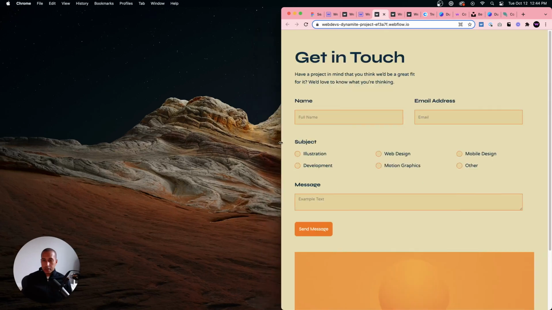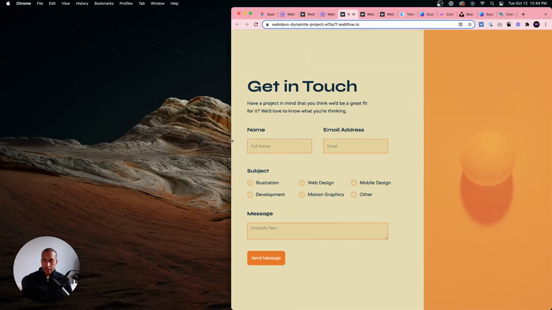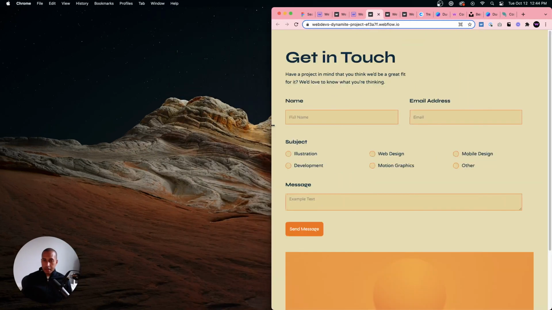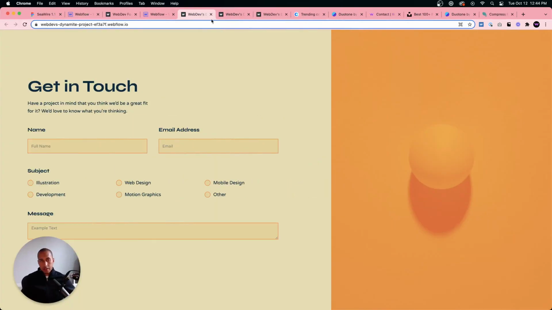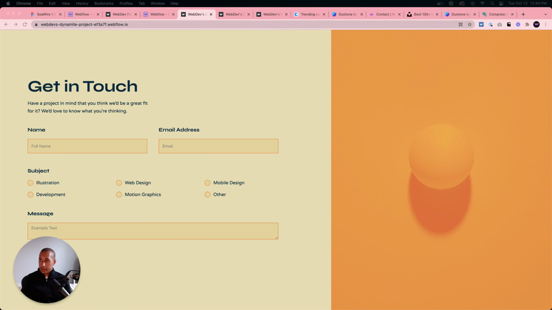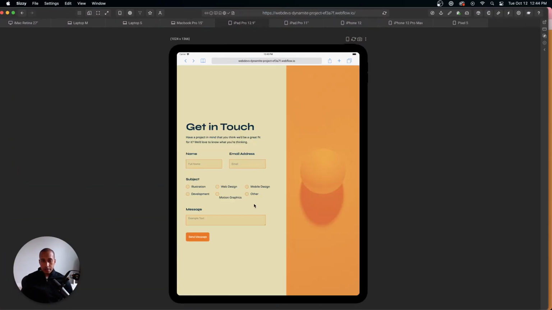No, that motion still goes just underneath. It's a slight little thing, and I'm sure it would be a quick fix. But yeah, it's definitely good here. So I'll just go to Sizzy and let's take a look at how we did, to see if it's a bit more responsive on this device. Yeah, so motion graphics, ooh.